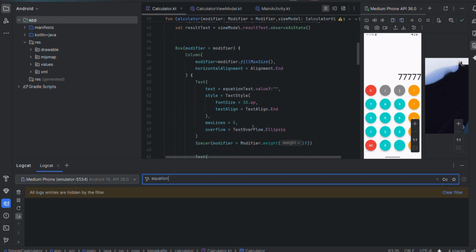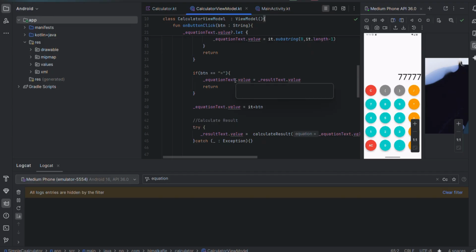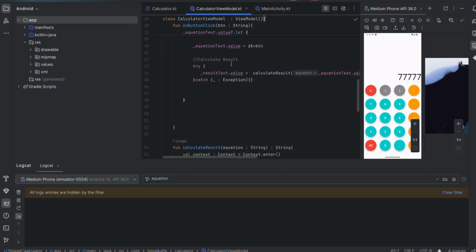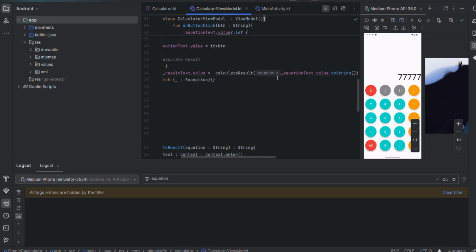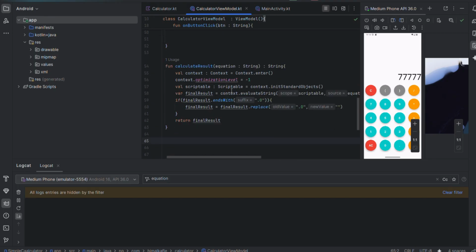And this is it for the Calculator.kt, but we will work on the calculator view model. In the view model, what we have to do now is call the result over here and try. We just have to try again, right? So for that one, try: text result text dot value equals to what we have done, calculate result, and toString given to the string cats. And one more thing what we have to do is